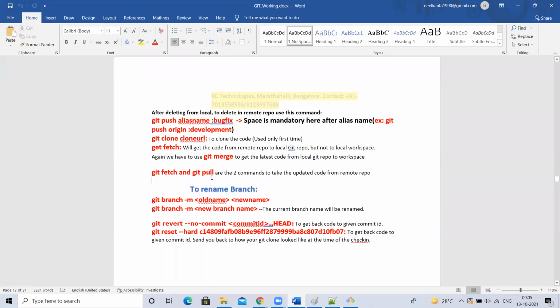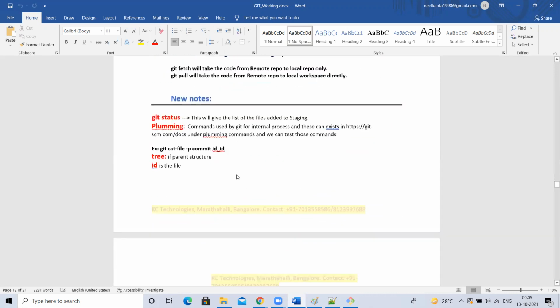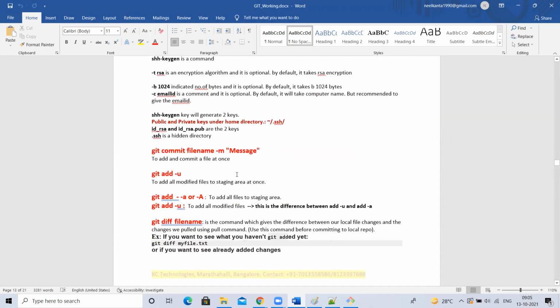Why I explained this is because someone will ask you what is detached head. You tell them that in the head file, instead of referring to the path, there is a commit ID, and it will make you not able to commit further changes. Means your branch has been detached from the head version. Your branch has been disconnected from the head version. So it will not allow you to make further commits. So that is called detached head, you remember. Okay. Next. So that is about detached head.